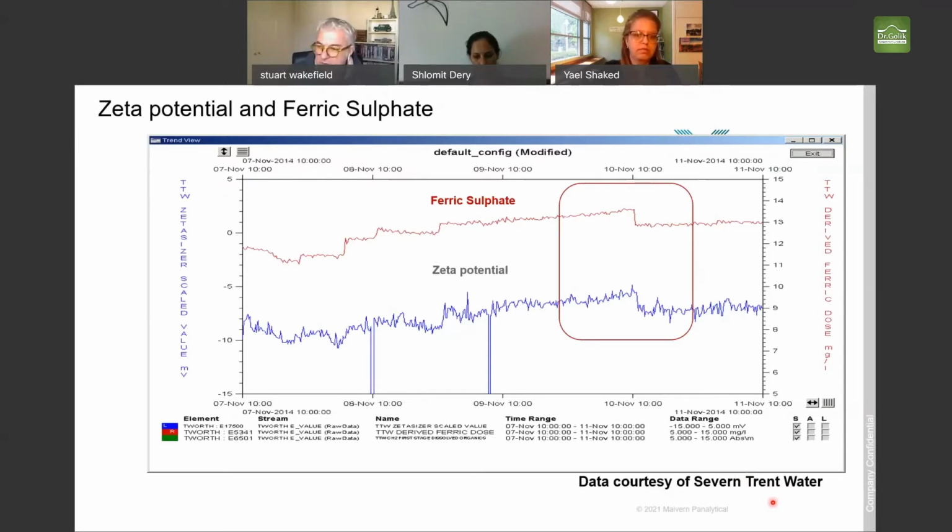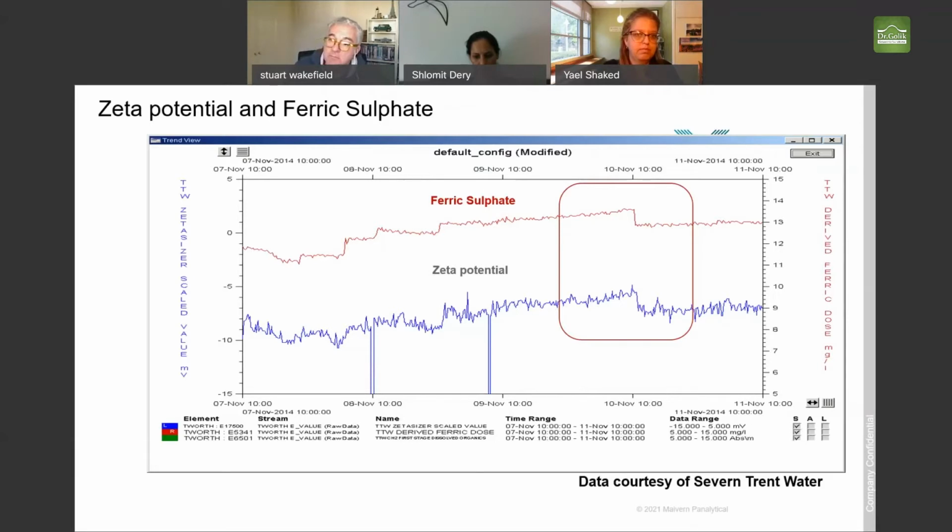You've got limestone mountains or hills, you've got peat areas, you've got lowland areas close to the sea. So there's a very broad spectrum of water treatment plants and sources. But here, this is taken from their PLC system in their plant. And obviously what they're doing, they are plotting ferric sulfate dosage